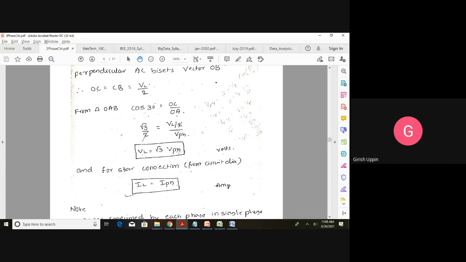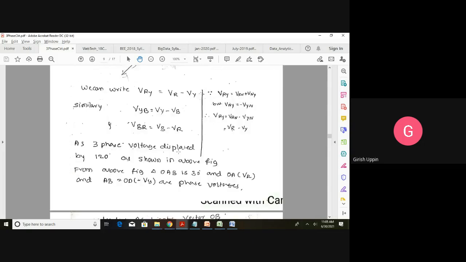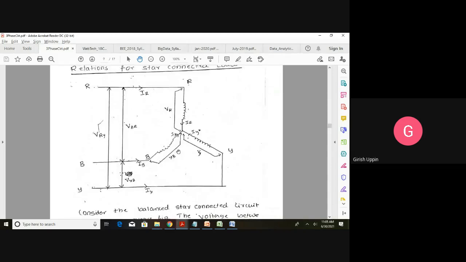Now what is the relation between the line current and the phase current? Let us go back to the circuit diagram. Whatever the current that is entering this terminal line, the same current will flow through the phase also. From this point to this point, I have only one path for the current. Therefore, this line current IR is equal to the phase current. Therefore, IL is equal to I phase. For other phases also it is exactly the same. IB is equal to this IB, that is line IL is equal to I phase.